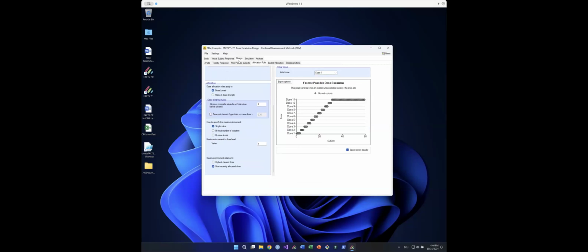Yeah, one more thing that I wanted to mention here on the design allocation rule tab is that we can specify the initial dose that we want to start with. Here we chose dose 1 as our initial dose. And of course, there's good arguments to be made why we might not start with the lowest dose. So even if in practice you're not interested in investigating doses below, say, 100 milligrams, it's sometimes useful as a safeguard to still manufacture those levels below that, just in case you get very unlucky on the first dose, so that there's room for you to de-escalate